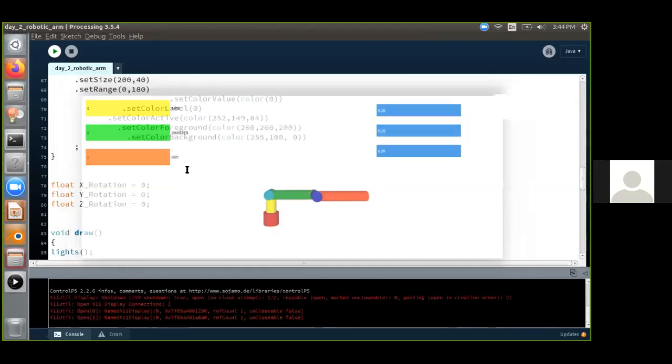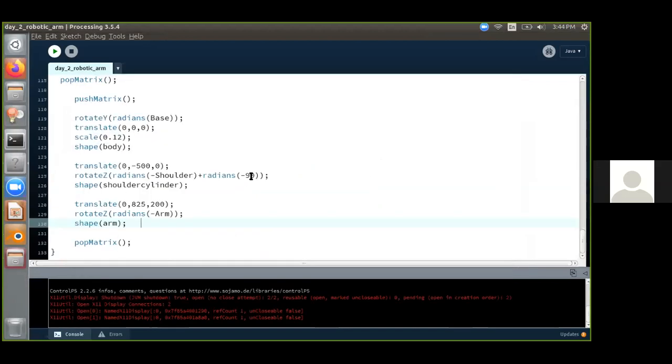So the second question was about why I subtracted 90 degrees. Once you create a CAD model in Blender, you have to create it in a proper way. If you have created the cylinder in a proper axis, then we need not subtract anything in the program. Since I displaced the shoulder cylinder by 90 degrees in Blender, we have to subtract 90 degrees from the shoulder. I hope I have answered you, Sandeep Kumar.